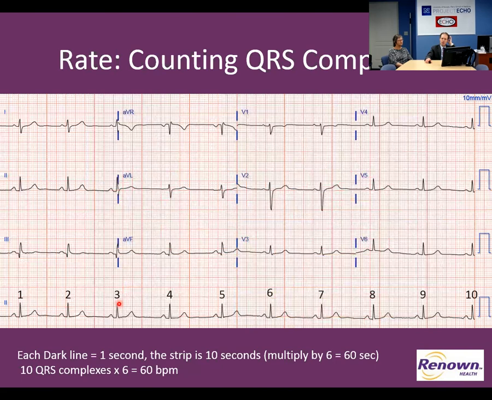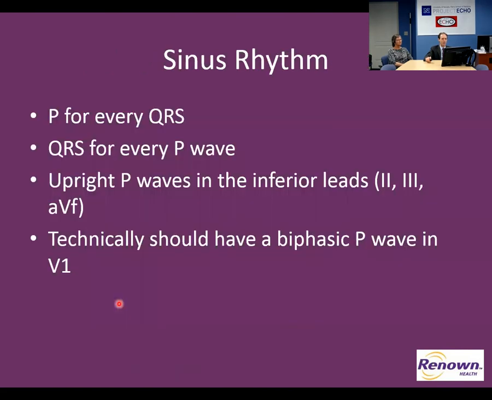Now, if the rhythm is irregular, you have to count QRS complexes, because the alternative would be averaging every rate in between on that EKG, and I would say that's sufficiently onerous that you'll never get through your day of clinic if you do that kind of thing. So, sinus rhythm, and we're going to talk more. Rhythm is so involved. You've got your tachyarrhythmias and your bradyarrhythmias, and that's where a lot of EKG interpretation comes in. And we'll go through all that.